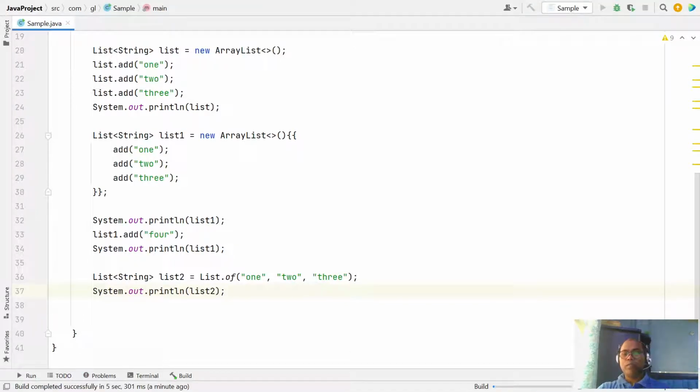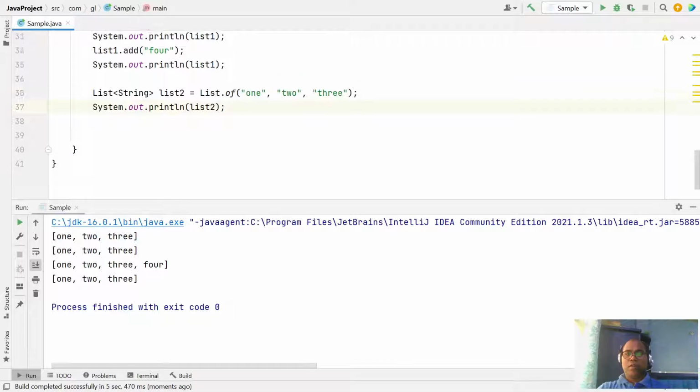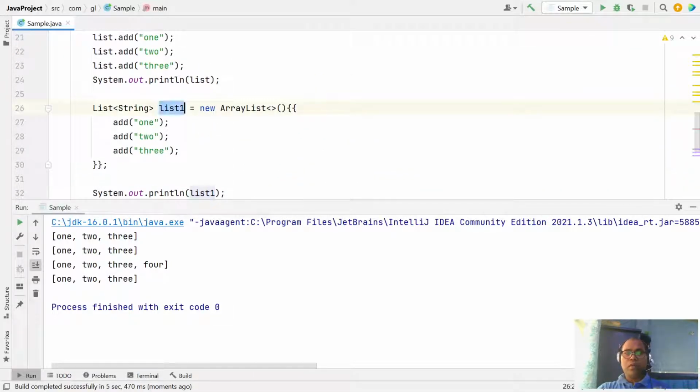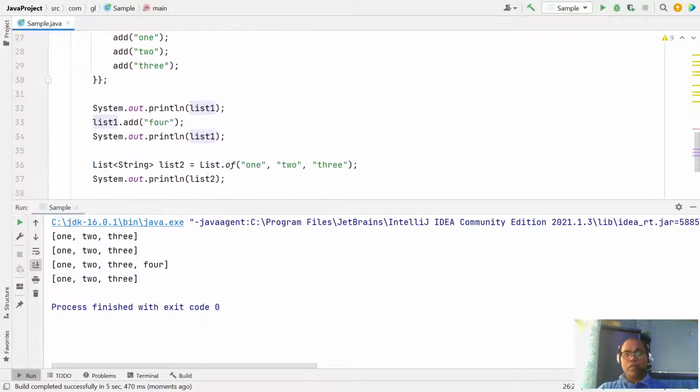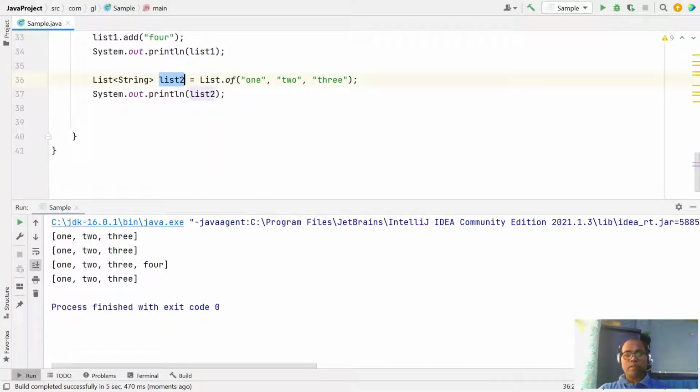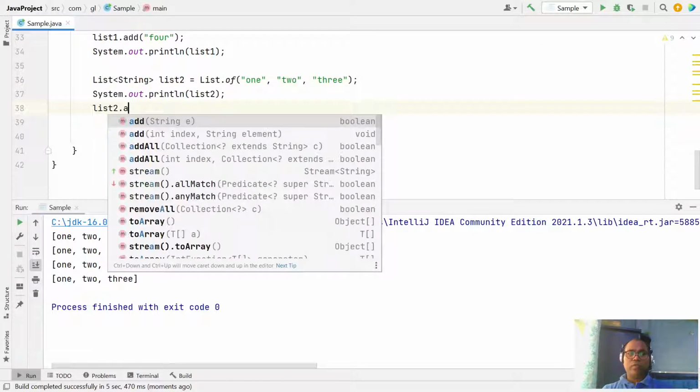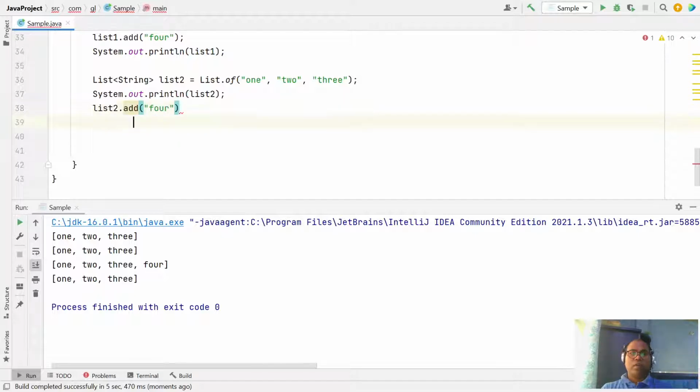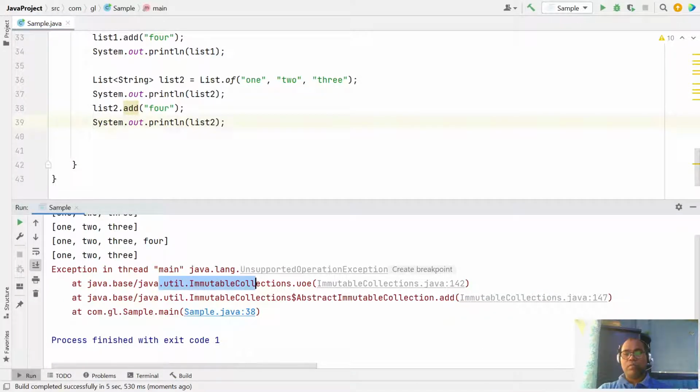This is also the simplest way, but there is a minor difference between the two. In the earlier approach, where you created the object with declaration and initialization, you can further add an element. But in the case of List.of, you cannot do this. If you want to add 4 here and you try it, you cannot. The reason is that List.of returns an immutable collection, so you cannot mutate it. But let's say I want some kind of mutation. Then how do I do it?